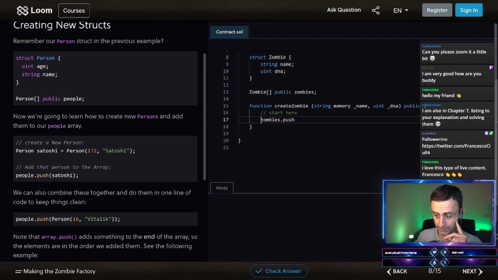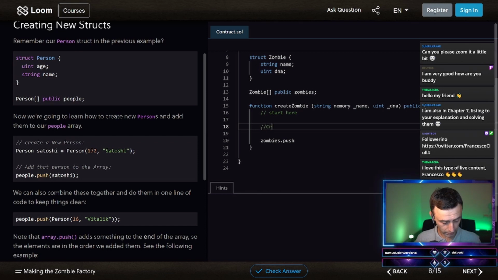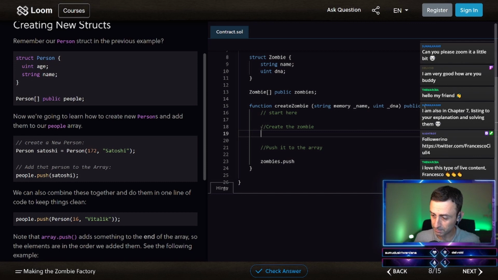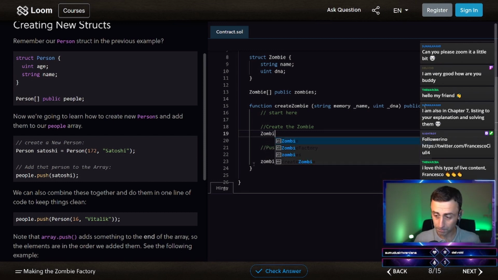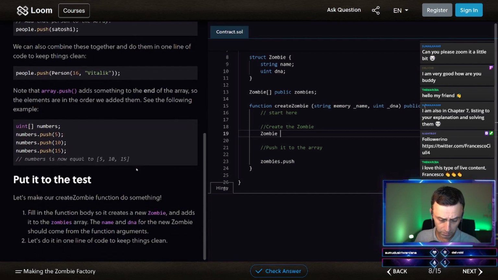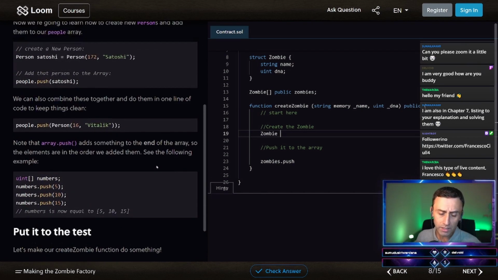First we have to create the zombie and then we push it. Okay, so create the zombie and push it to the array. Okay, this makes sense. Feel free to also say what you think about this. Okay, so zombie, but should we create, because this is create zombie.